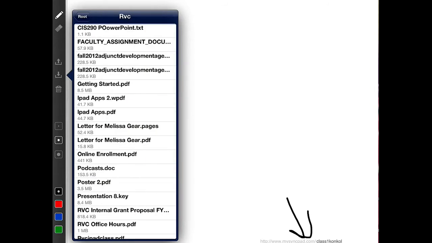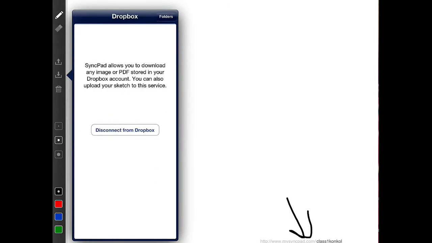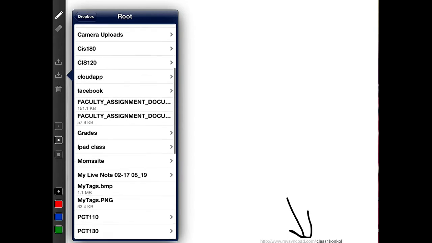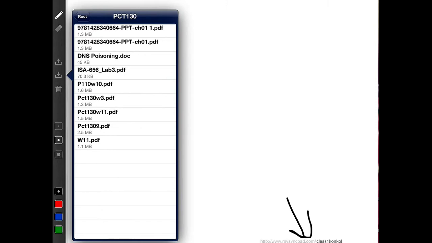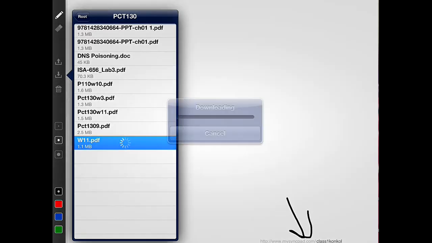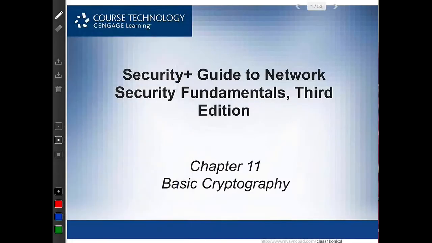So for instance, if I come in here and get an existing presentation from a class here, it has to be a PDF version, which you can export from Keynote, open it up and save it in Dropbox. In the prior lesson, I showed you how to do that. I believe in that presentation I showed you how to export,